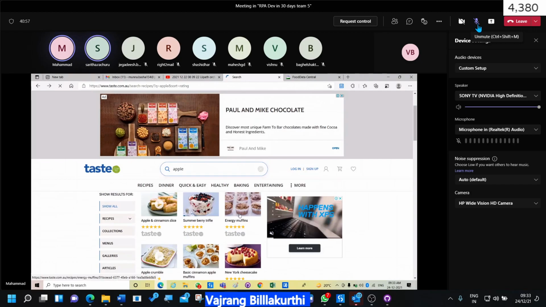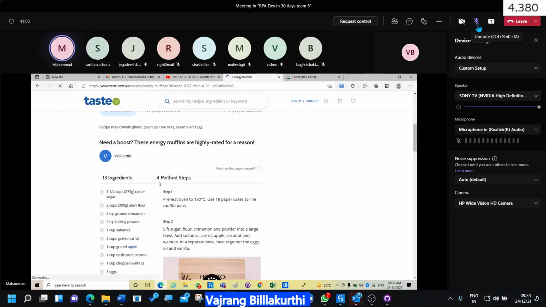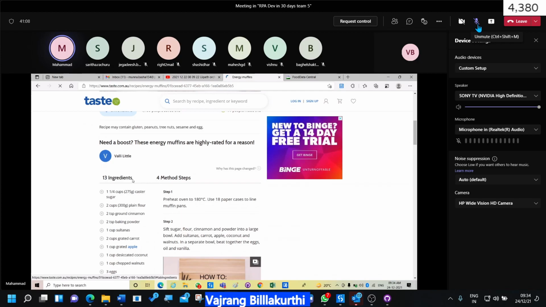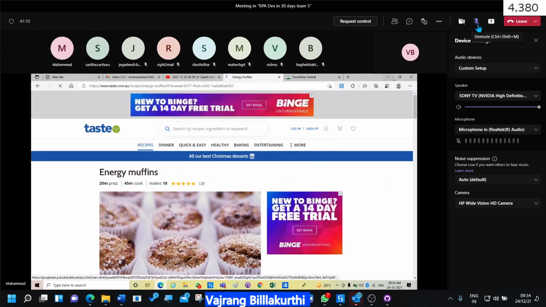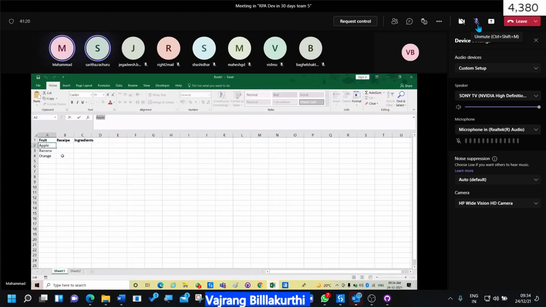We only need to check the first 3. Yes, the business requirement is like that. So as it has more ingredients, we need to fetch this one only. That is the business requirement, and store the recipe name in column B next to the relevant fruit. Recipe name in our Excel.